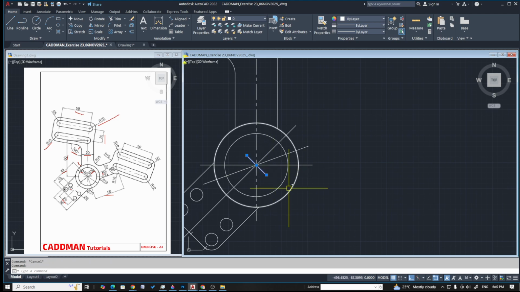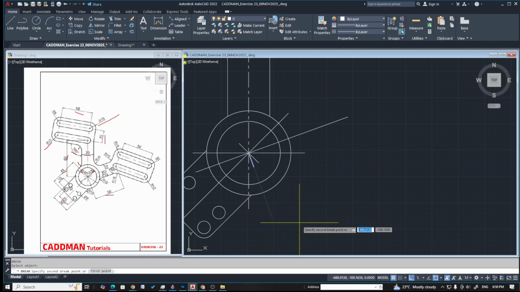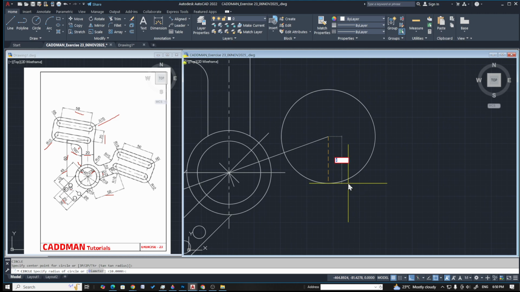Okay, so let's try to create one more line perpendicular to this line. Okay, and let's try to move that point to the center point of the circle and try to offset to a distance of 50, and try to extend this line, and that is the center for this radius 5 arc that we are going to create. So if you check it out, so radius 5,